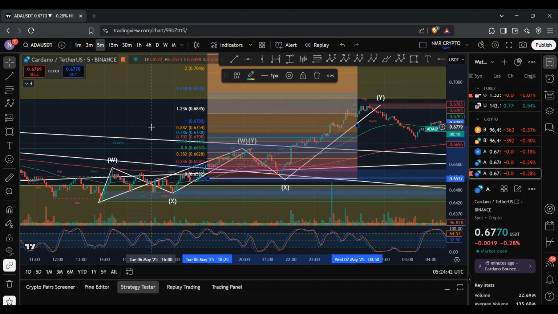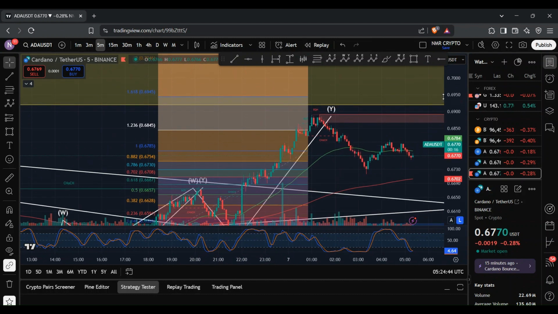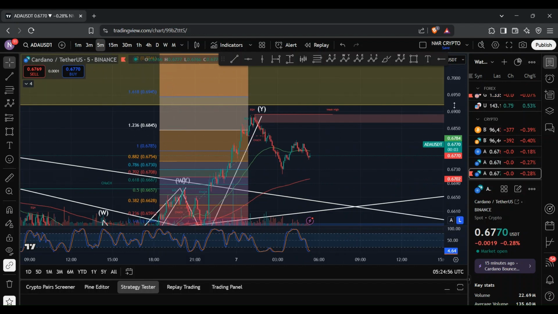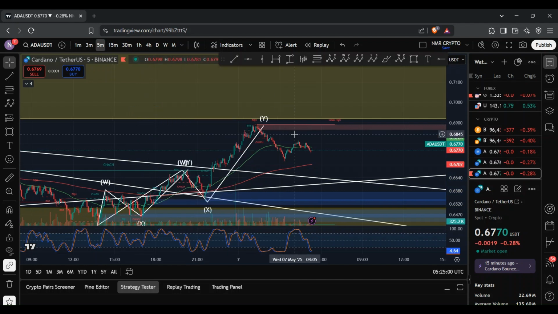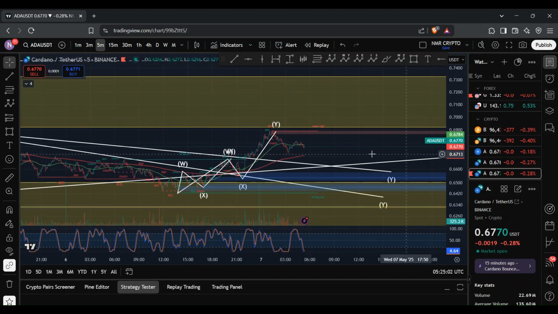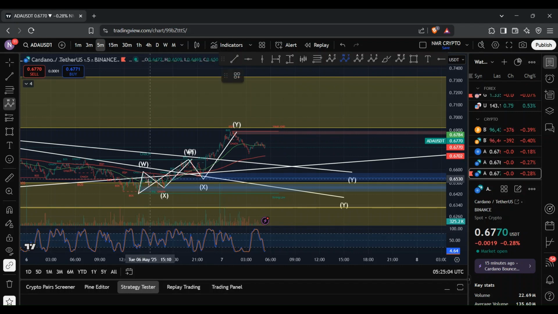And bring that to the right place. And yeah, you can see that again, what makes this not an impulsive move is the fact that we never reached the 1.618 retracement level at around 69.43 cents. But instead we ended up extending beyond the 1.236 retracement level. And so it looks like this move to the upside is now complete, and we are now on a retracement to the downside, where it's possible that we have a bigger WXY structure forming,